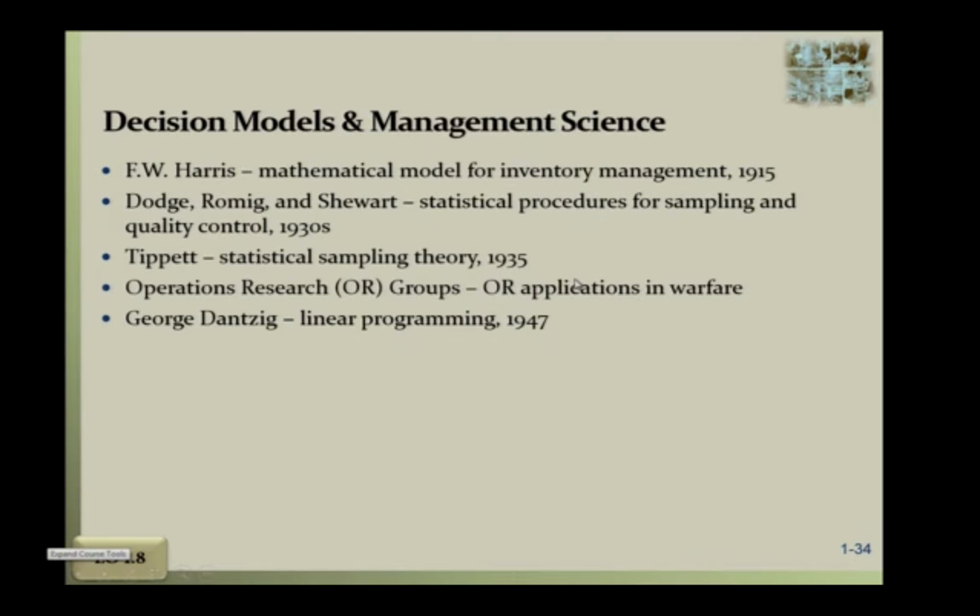originally started during the Second World War, and basically the U.S. government hired many scientists, mathematicians, physicists, psychologists, sociologists, and they just put them under one roof, and gave problems to them to solve. So many of the military intelligence applications in the Second World War were basically designed and planned by the Operations Research Group. George Dantzig, the application of linear programming, 1947, that's for optimization of the systems.